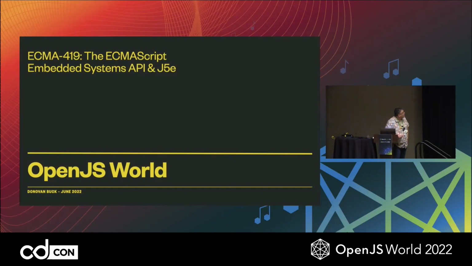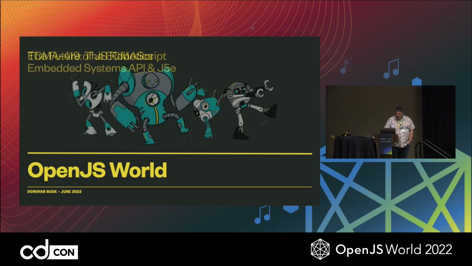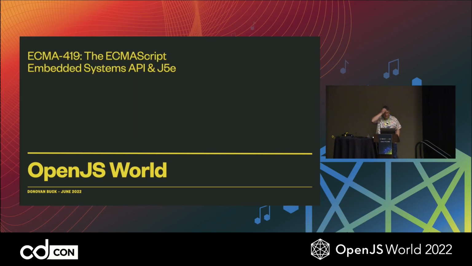The title of this talk is ECMA-419, the ECMAScript Embedded Systems API in J5e, which is a bit of a mouthful. I've decided it's the worst title for a talk ever. Should have called it the future of JS robotics, the future of JS IoT, the future of smart things with JavaScript. But no, I called it ECMA-419, the ECMAScript Embedded Systems API in J5e, because I'm not very good at